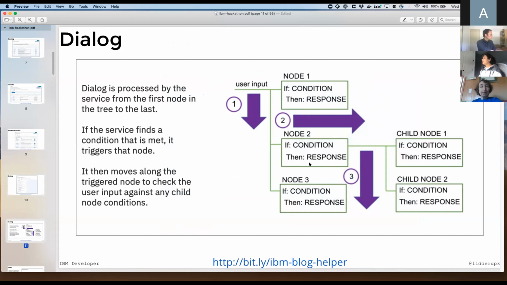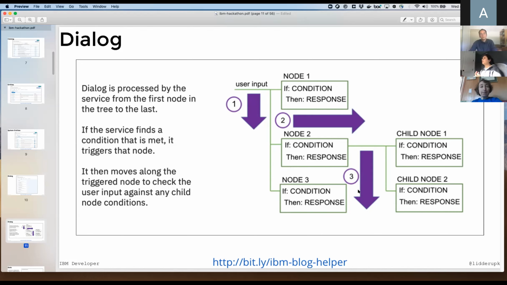If you think about a dialogue tree, for those of you who have taken some programming classes, this is kind of like a sophisticated if-else statement. If this condition happens, then you get this response. Then if this condition happens, you get either this child response or this response, or then you can get this condition. So it goes in a downward fashion. When you create a dialogue tree, make sure you keep in mind the order of how people would ask something.